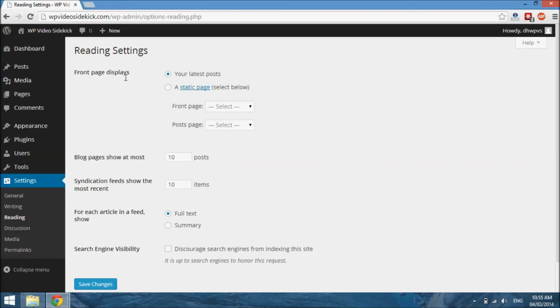And you will see an option that says front page displays. Now, as you can see, the radio button has selected your latest posts. As we said before, this is the default, but you can put a static page, and where it says front page, then you can select one of the pages that you have already created. So in this case, I'm going to use our about me page. And if we wanted to have only pages on our site, we select save changes,